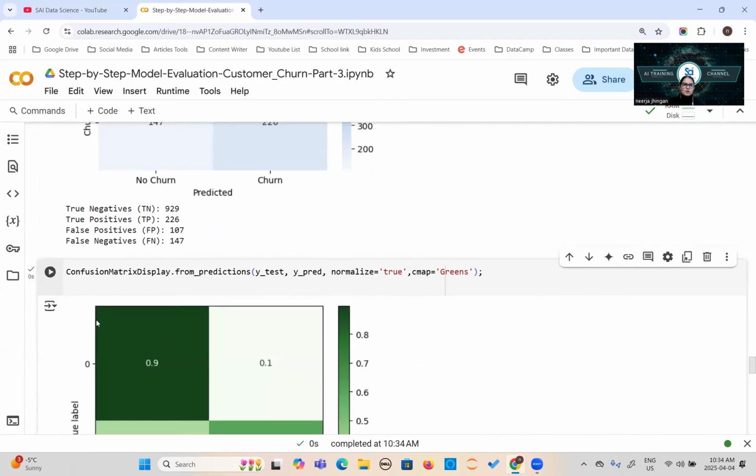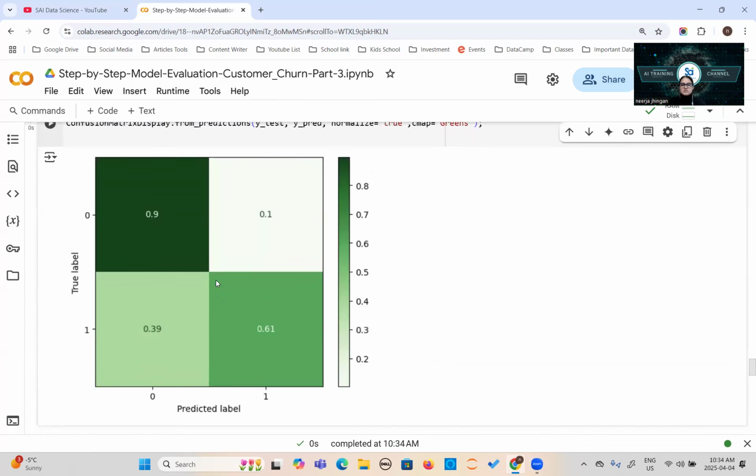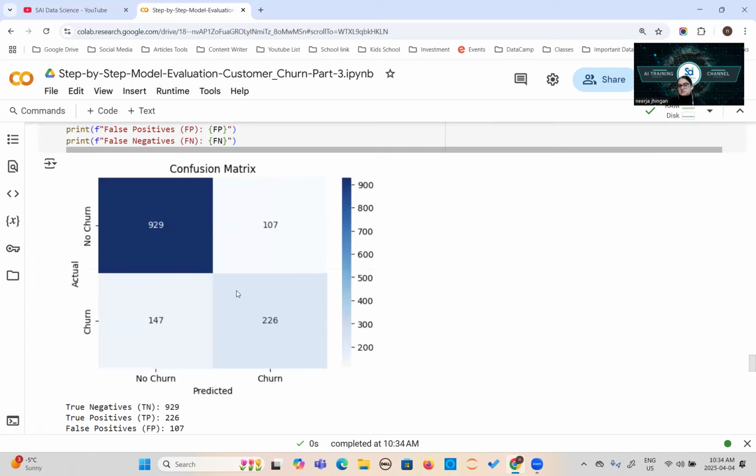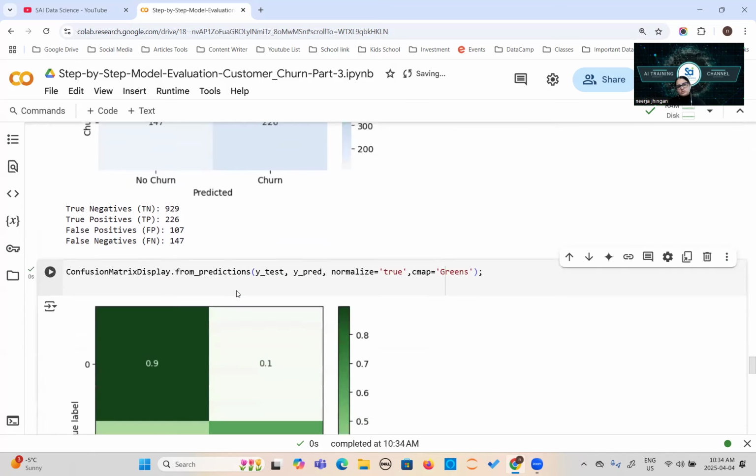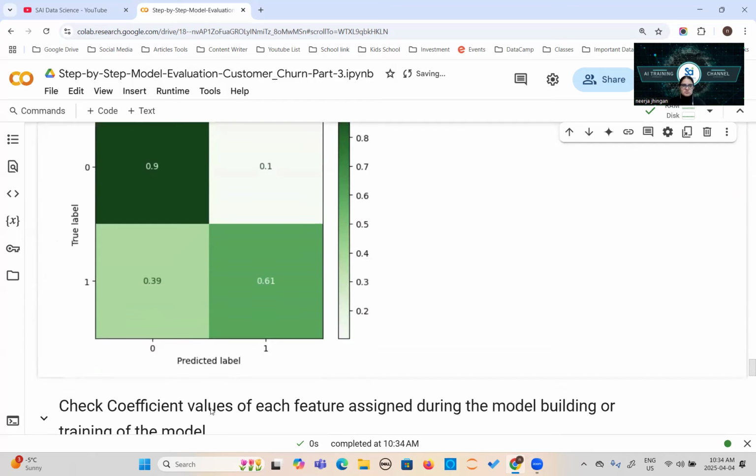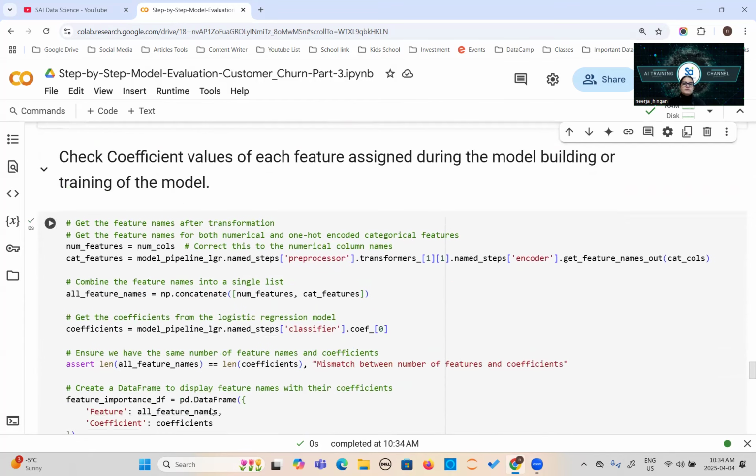Okay. And if you want to look at the percentage form, this is also there. This is nothing. This is just the difference in the drawing. So this is 90%, 61%. This is more easy to handle. Okay. So this is 0. This is the 1. This is 0. This is the 1. We know this is your churn. This is not churn, right? So you can also draw this graph if you want. I love this one. This is easy to understand for me. So this is your choice. I have given you both options. Okay. So now we will here